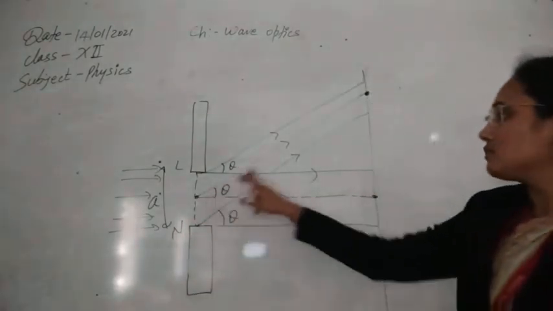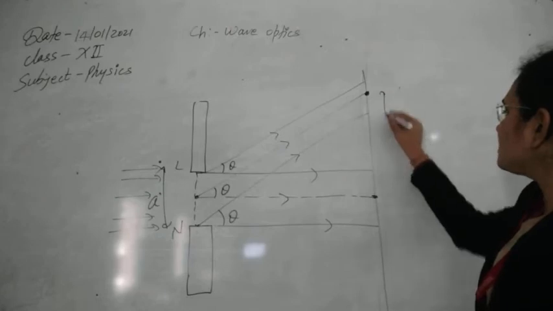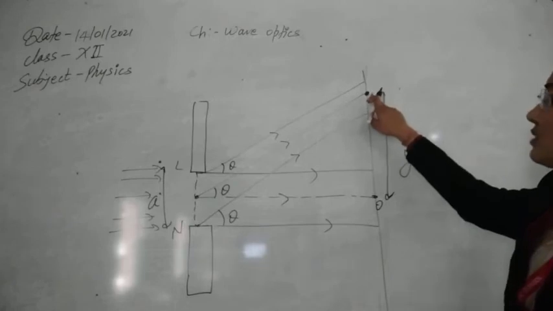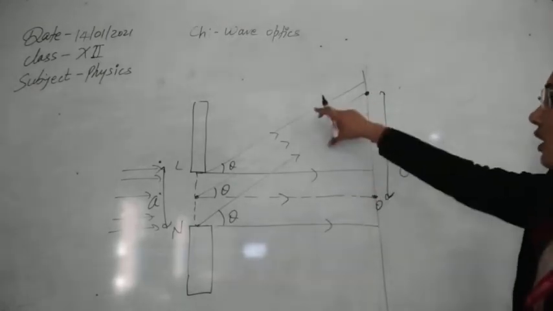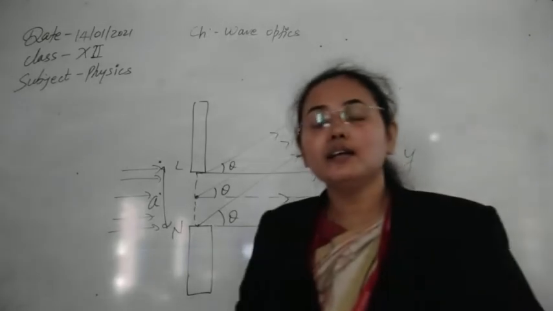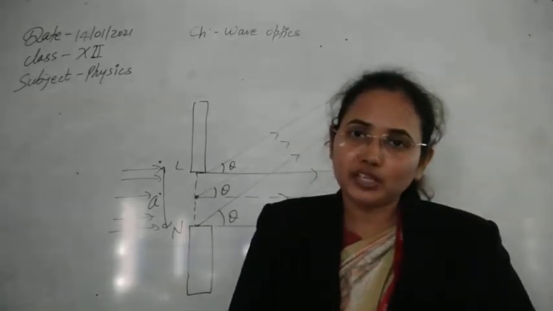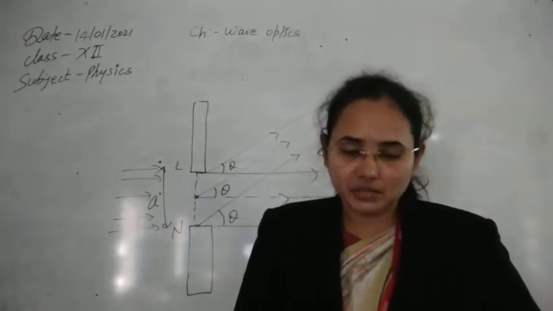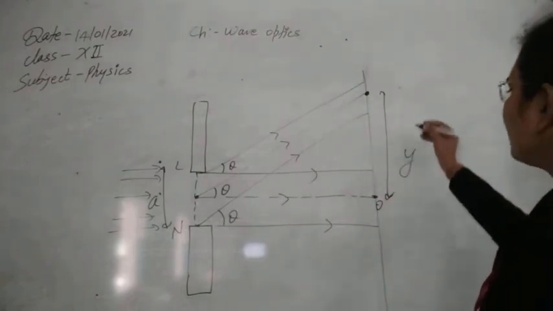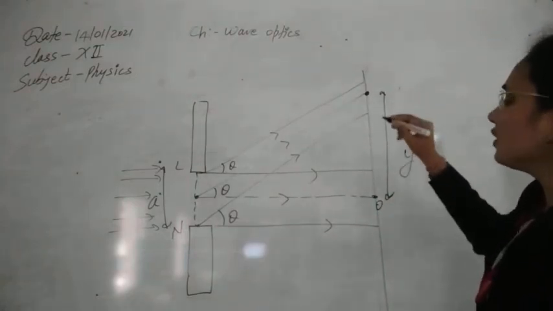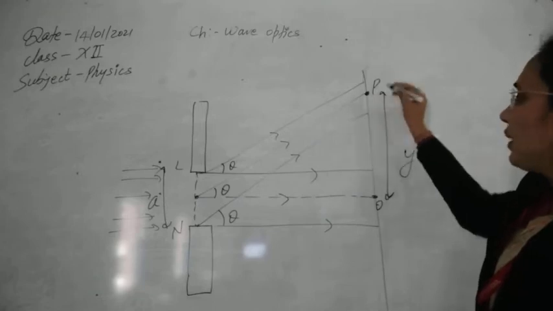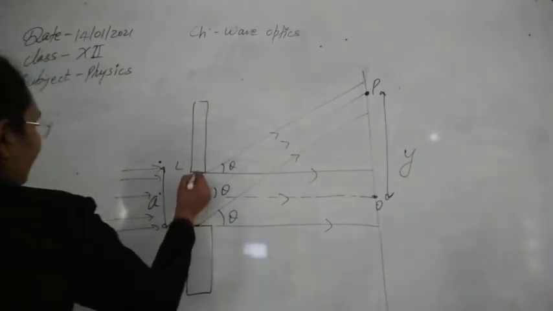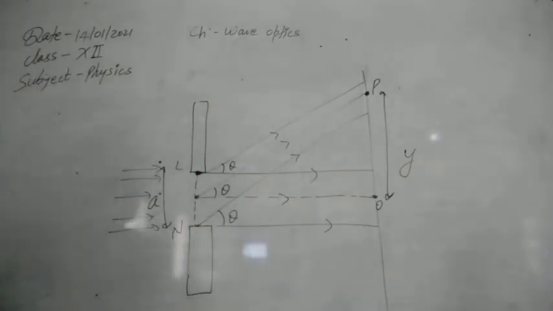So we will measure all the distances from this central point, the O point. Suppose this is the point of maxima or minima, because all the waves going from here at angle theta will superimpose over each other, and due to their superposition after bending, they will provide either minima or maxima in space. So let's first find the condition of maxima and minima for this point P. To find that condition, we have to find the additional path difference traveled by the wave here.